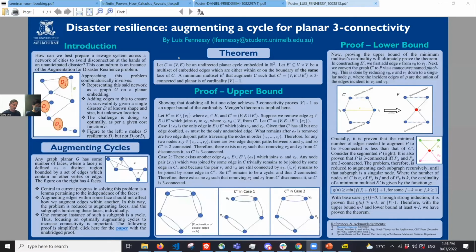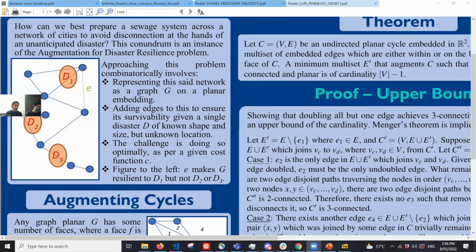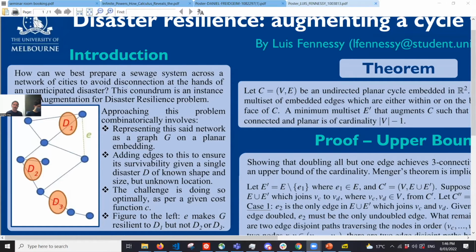So my project presentation is probably going to be a bit more chaotic compared to Hannah's and Daniel's, but I worked on a problem called disaster resilience, but pretty soon into the project, I kind of branched into my own little mini project, which relates to it in some way. It's to do with graph theory, which I think a lot of you guys will have heard of as a Melbourne Uni subject, which touches on it or looks at it